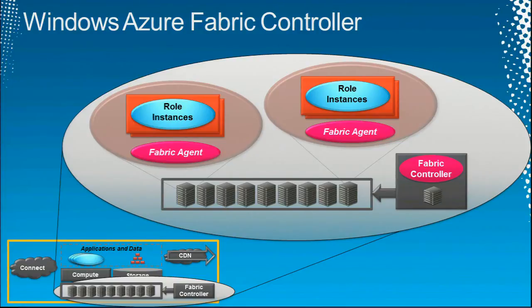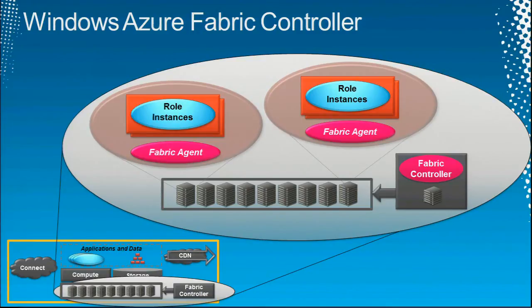How does it do this? The answer is it knows that you always are running at least 2 instances of each role. Remember I told you you had to do that? It knows this. It will shut them down one at a time. Patch the system, start it again. Shut the other one down. Patch the system, start it again. This is why you have to run at least 2 instances, because the controller will patch things beneath you. You can actually stop this if you want to, but that's the default behavior.